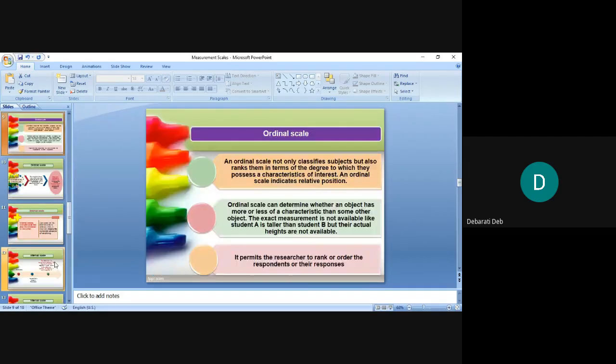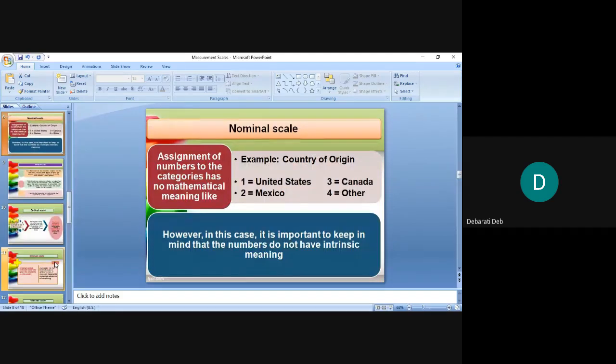Do you understand nominal scale? Meaning of nominal scale? Is it clear to all of you? Please tell me. So likewise, suppose your attribute is gender. So male and female and transgender. Three you can keep. So 1 for male, 2 for female, and 3 for transgender. Like that you can put. So you are only numbering the categories. 1 as male, 2 as female, and 3 as transgender. Do you understand? Is it clear? Please tell me. Yes, ma'am.